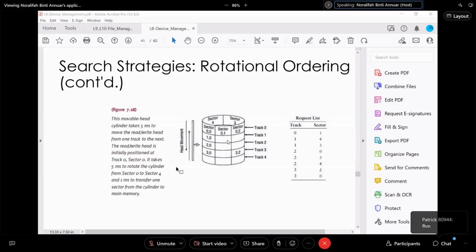So now apa lagi another information? 1 millisecond to transfer one sector from the cylinder to main memory. Data transfer time 1 millisecond. Masa untuk transferkan the data, dekat sini dia bagi 1 millisecond. Dia tak ada bagi information on one data per one, tak ada. So data transfer time is 1 millisecond. If you understand this information, it will be easy. Mari kita tengok. Yang ini request list